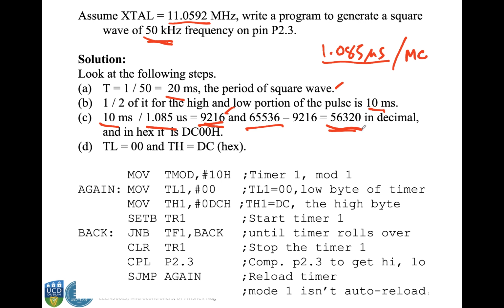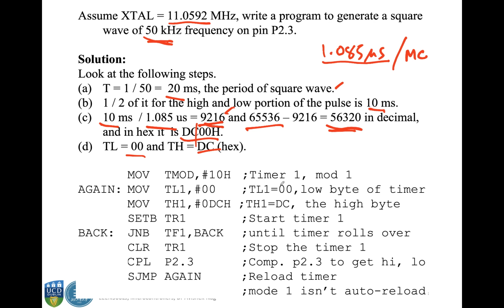and TL0. So if you convert this to hex, this is DC00. So you load your TH with DC and TL with 00. So this is your final code. You can either operate with timer 0 or timer 1. So this example shows you